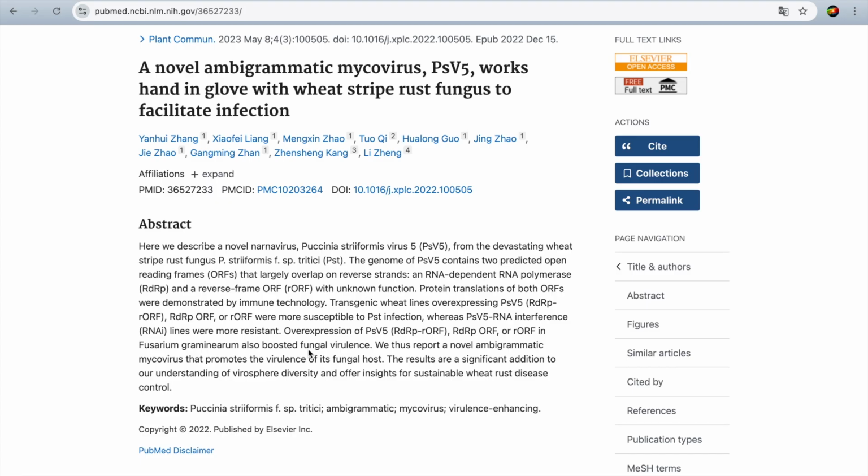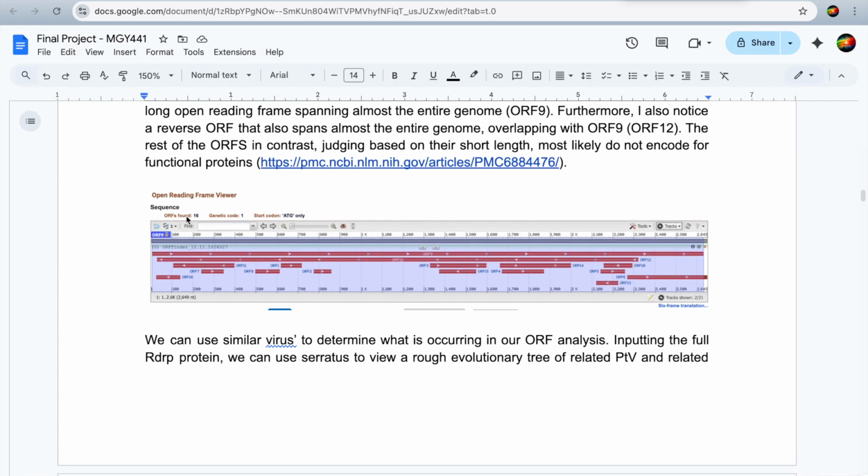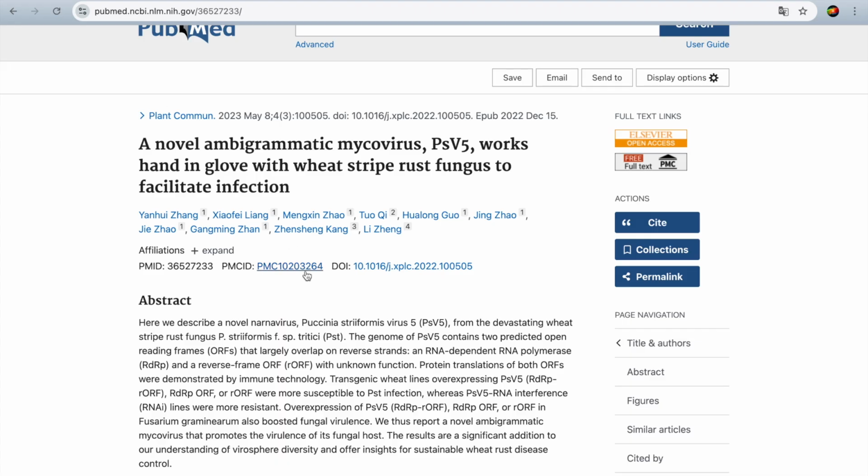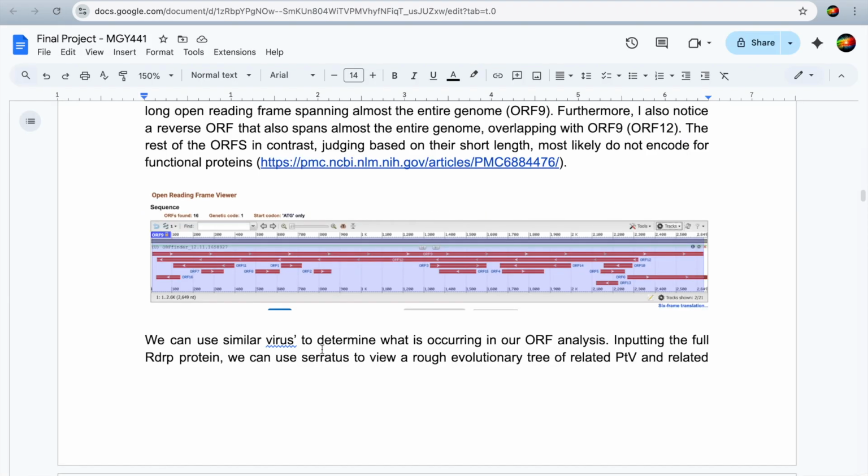So can my virus's RDRP actually maybe form a complex with this virus's RDRP, or something like that? So I'm going to try to use a bunch of computational tools to see if I could get a relationship that way. Analyzing the ORF sequence, I'm trying to look for similarities to this novel virus, and there actually are a couple of similarities. Most notably,